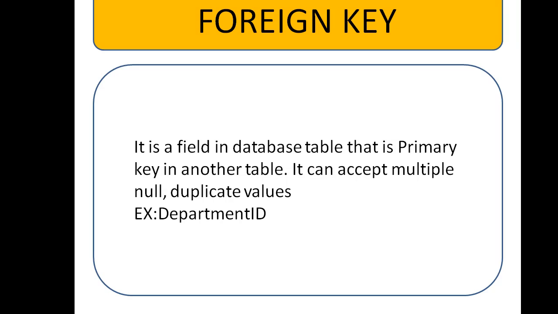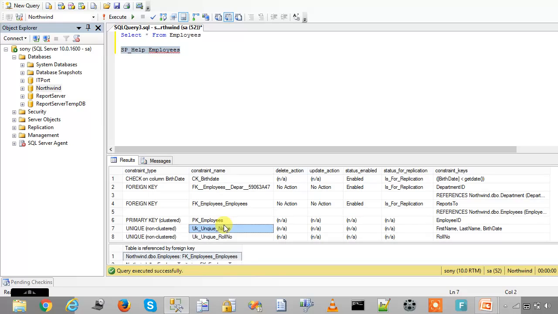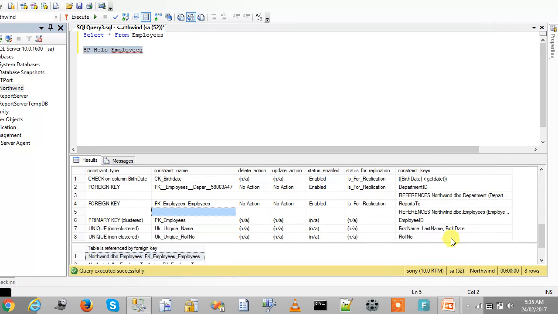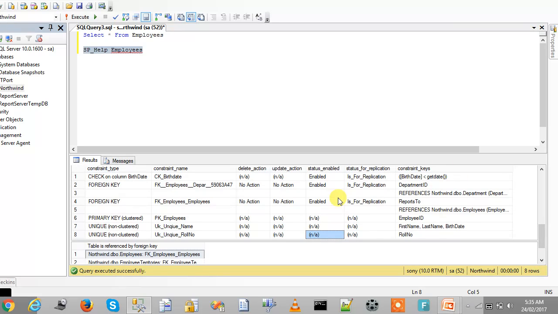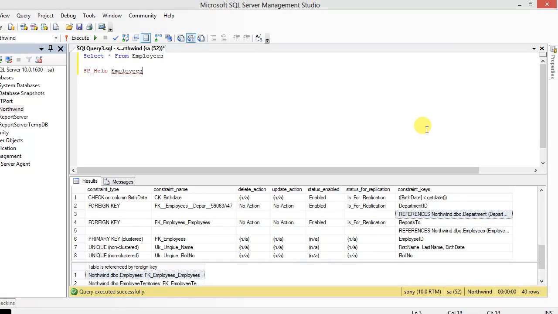Here, department ID references the department table.